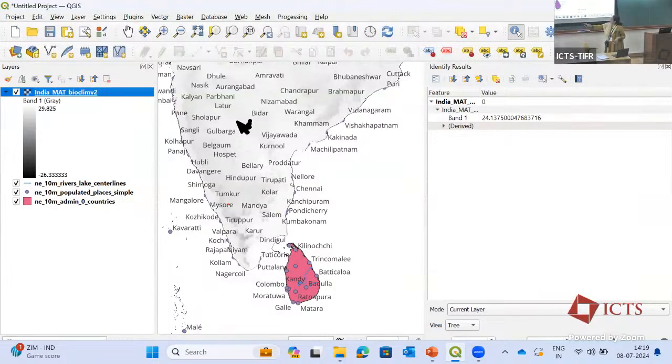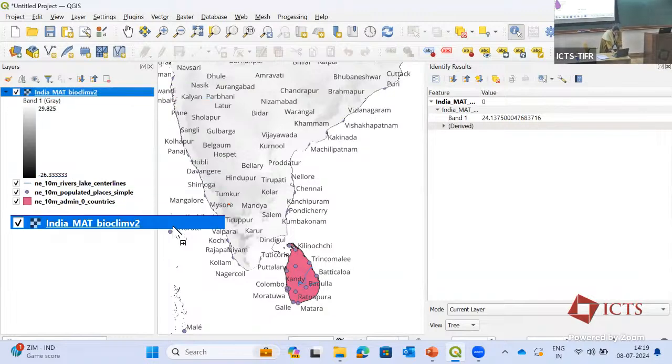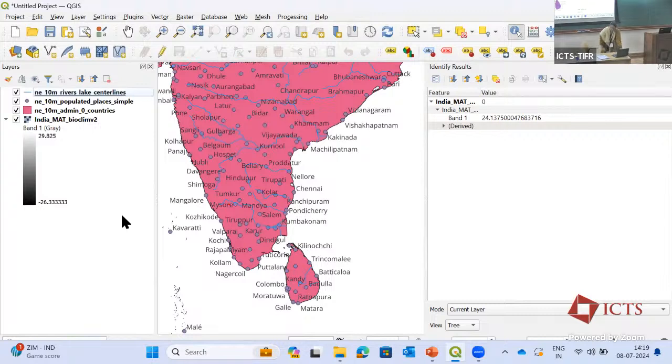So the way to visualize this information is to pull the raster to the bottom. You can just drag and pull it down here, yeah? And now you see, because your polygons are displayed with a fill, the symbology of the country boundary has been displayed with a fill, you're not able to see the raster under it. So the way to change that is just go here, right click,